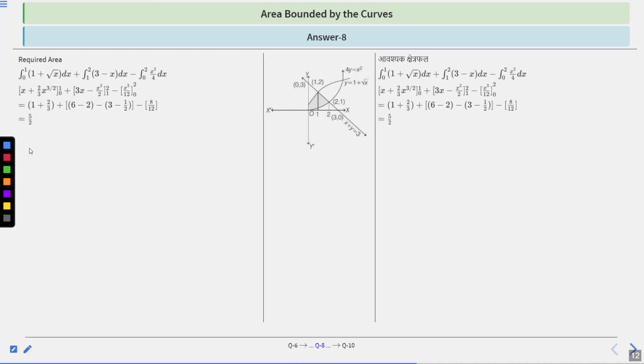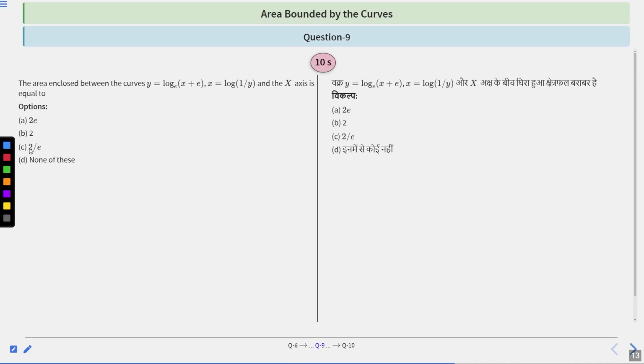Let's move to the next question, question number 9, which says that the area enclosed between the curve y equals log e (x plus e), x equals log 1 by y, and the x-axis is equal to